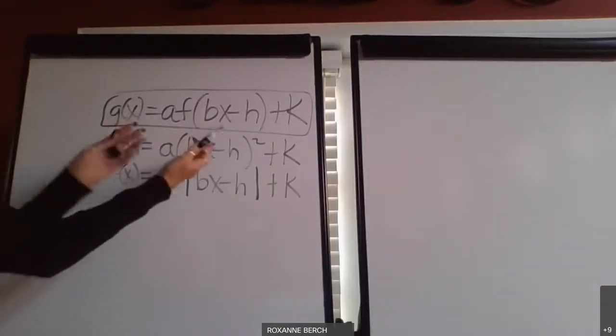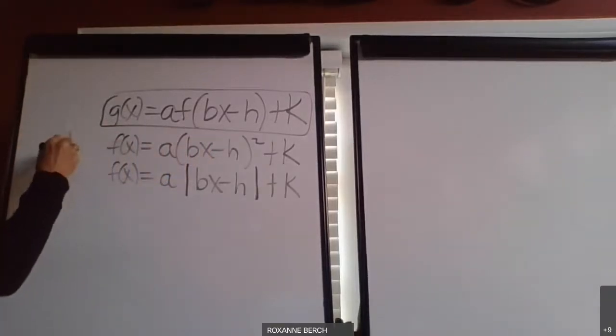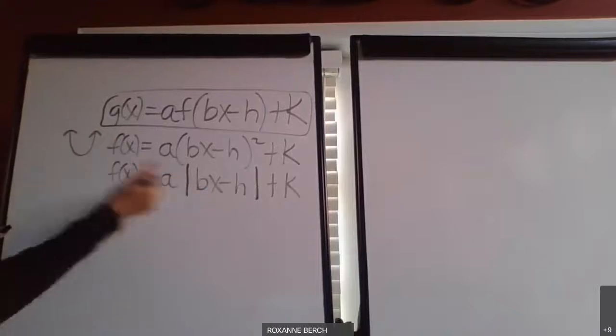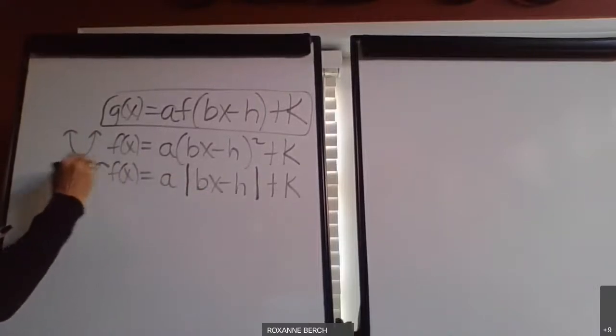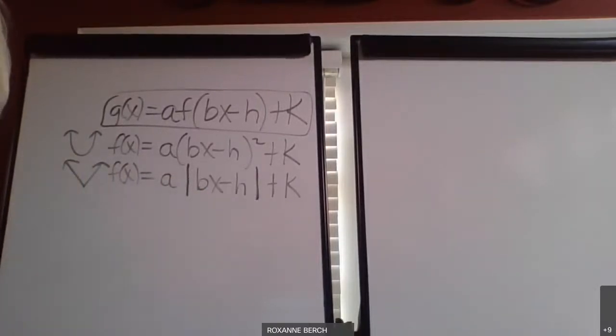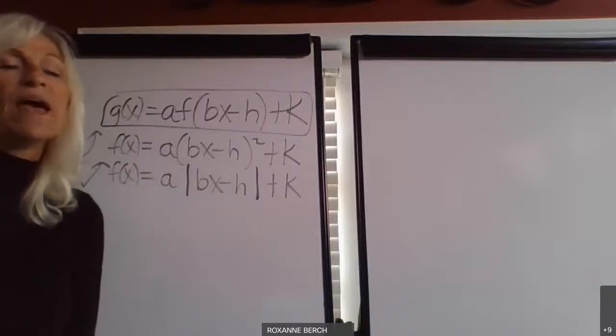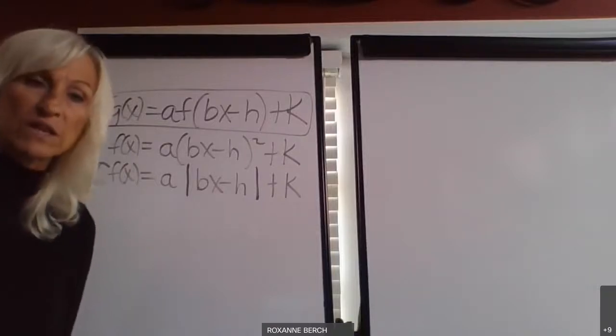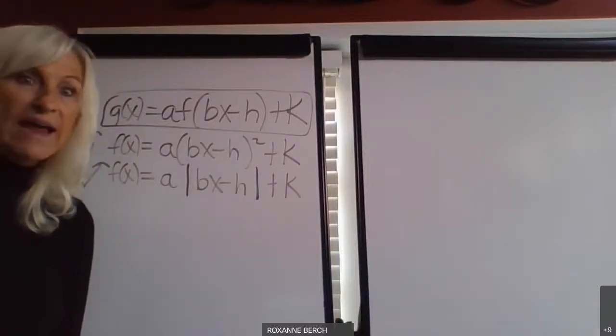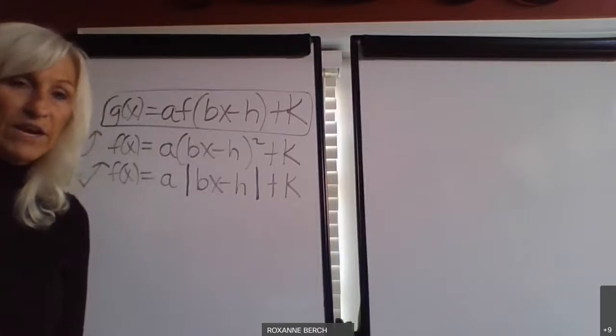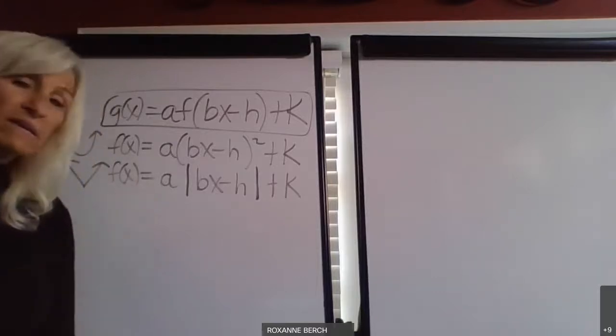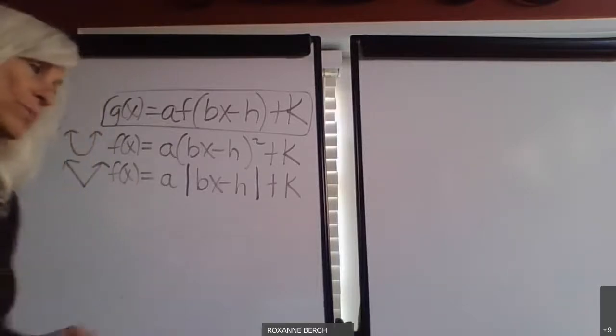You need to be able to look at this one and say, oh, that's a quadratic. It looks like this. Oh, that's absolute value. It looks like a V. So that's the one thing that I absolutely need to have you know, is what the parents look like. So does it look like a snake? Does it look like a V? The cube root